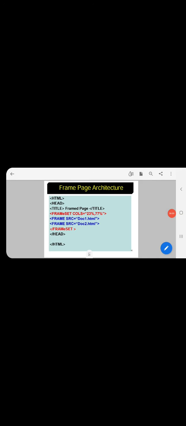So in this way we may create vertical frames. The syntax is, first we set the frameset tag. Second, we use the frame tag to load the individual HTML pages. This is a simple example of using vertical frames.